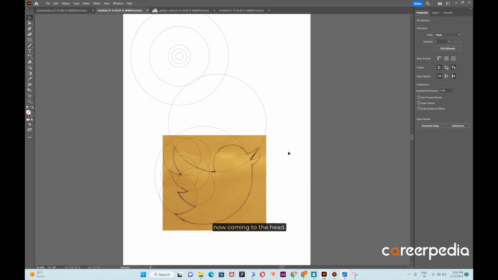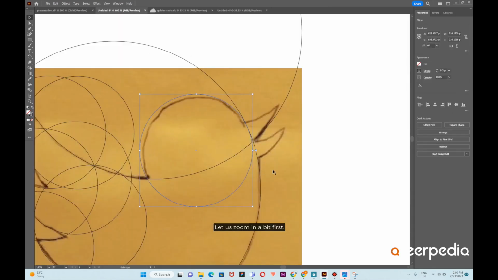now coming to the head, I think this can be here like this. Let us align it properly. Let us zoom in a bit first and then align it properly with this, and maybe bring it a bit down. Okay,